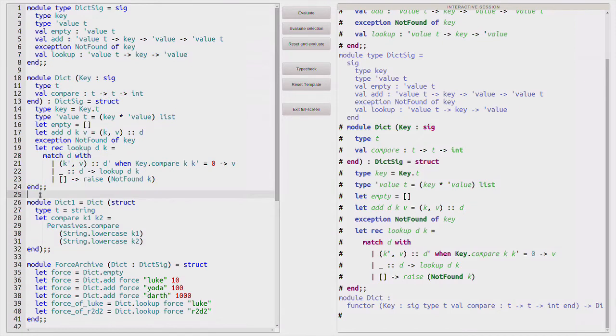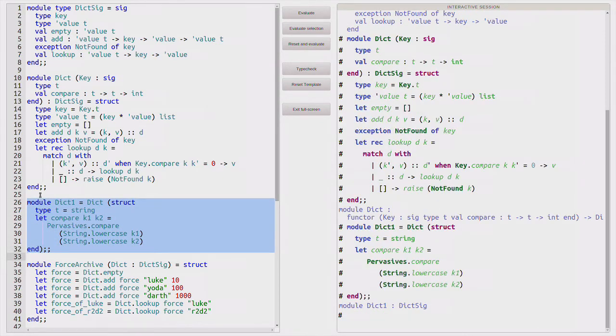So now we can apply this functor on a module that defines a type for key which is equal to string, and let's say that to compare two keys we will first lowercase them, so that if there are some cases that are different between two keys that mean the same, they will be made equal by this comparison function. So this one is accepted. We now have a dictionary,